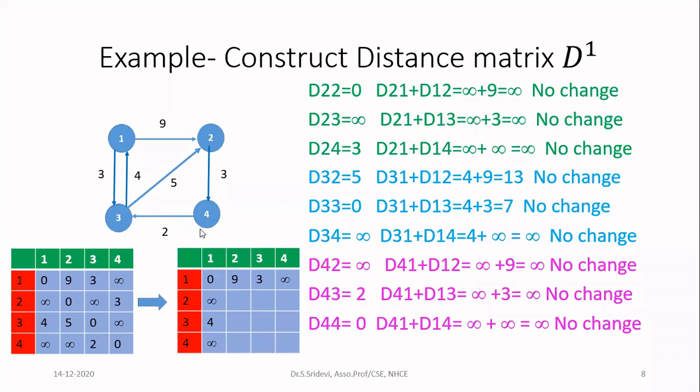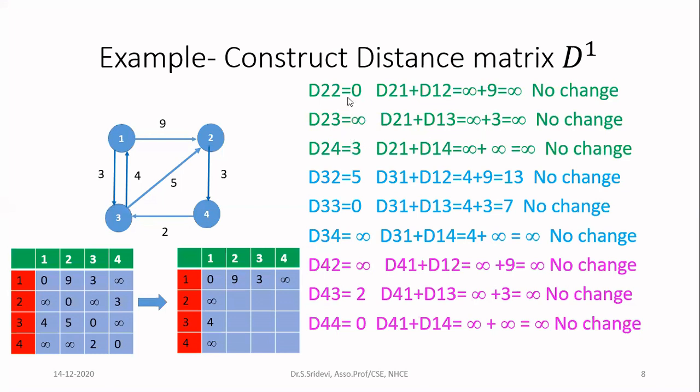Check the cost now. The distance from 2 to 1 is infinite, so write it. Then from 1 to 4, the distance is infinite. So now you are getting the value as infinite. The previous cost is 3, but if you include 1, the cost is now infinite. So there is no improvement. When there is no improvement, don't make any changes, leave it as such.